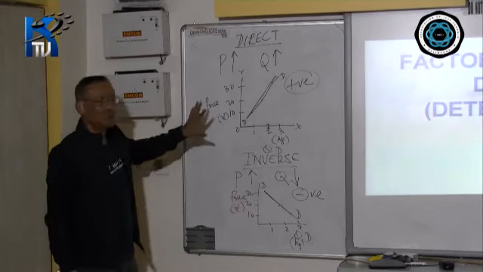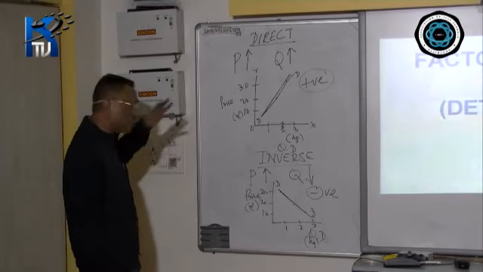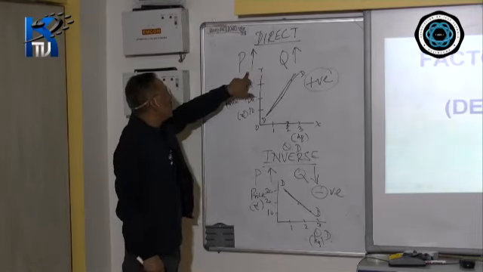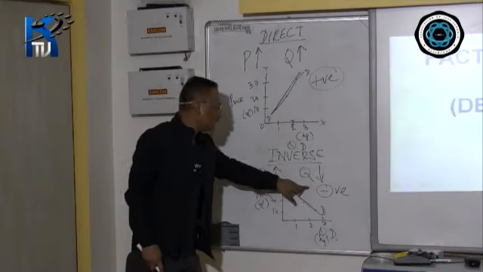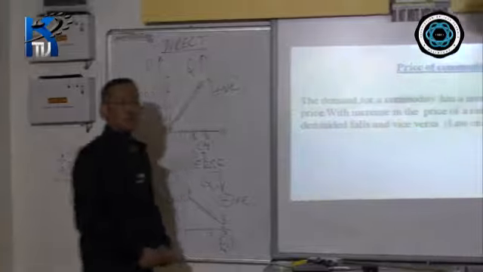This is a concept, all these details do not come in ICSE, it's for higher class 11 and 12. But what you got to know is direct relationship, when one increases, the other increases. Inverse, when one increases, the other decreases. Okay. So now you've understood that, we'll start with price of commodity.